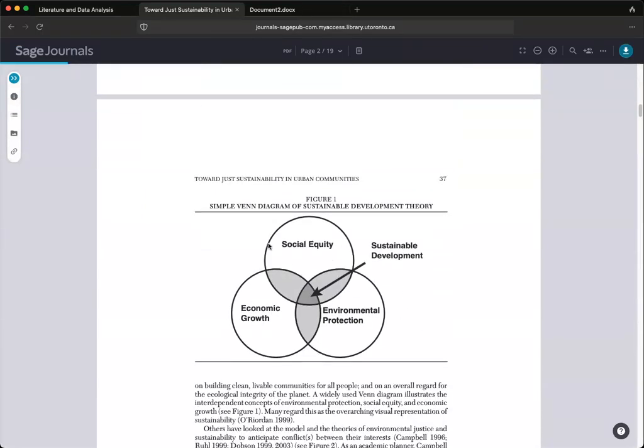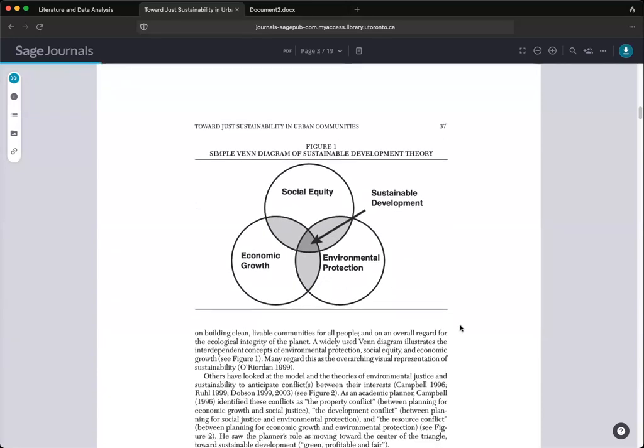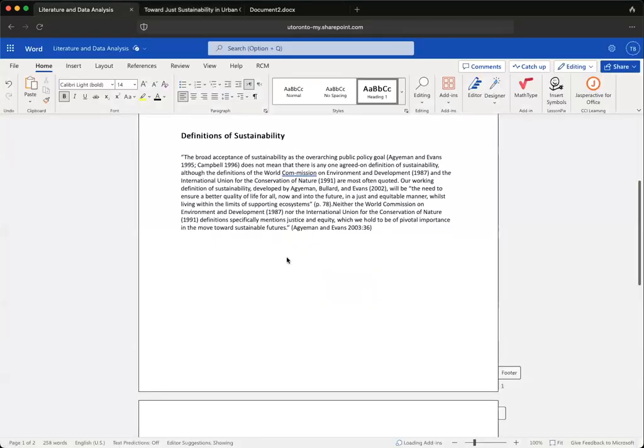So here's this nice figure about how you can think about economics, social equity, and environmental protection coming together and being interwoven. So, you know, we could also just take a screenshot of this if we wanted to and say interweaving justice and sustainability, something like that. Add this heading in and put the picture that we just took